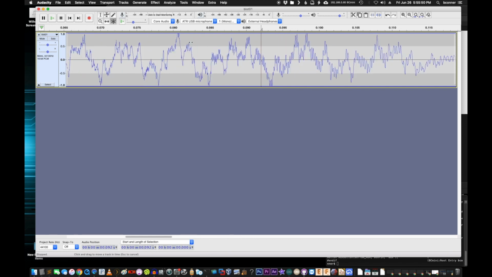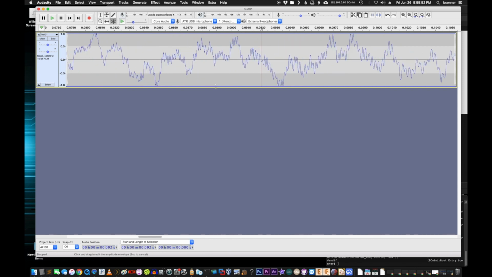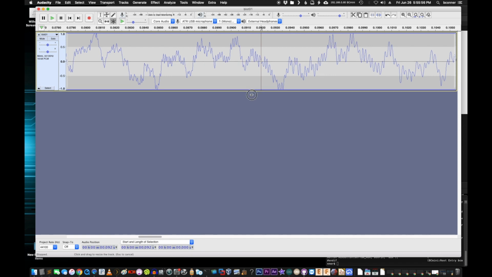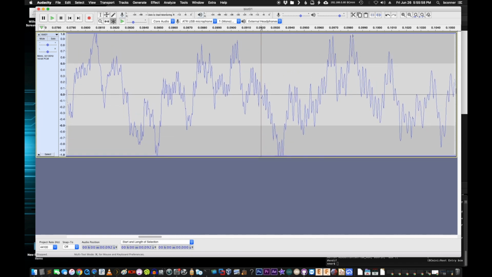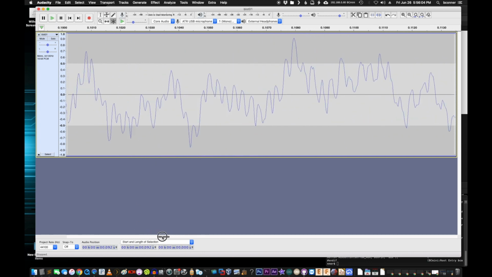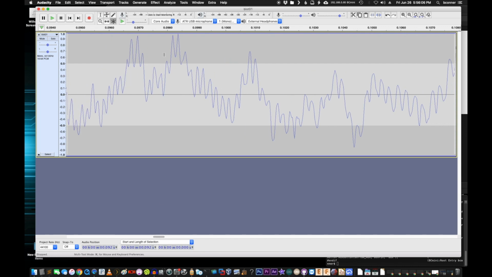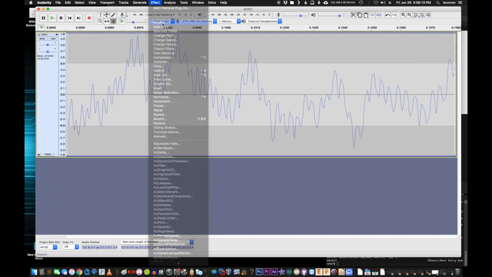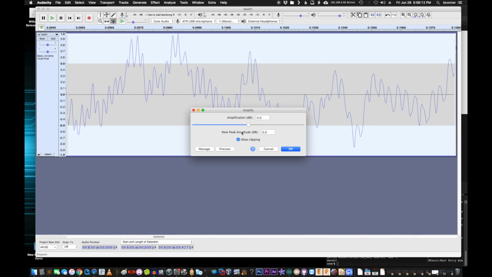So if it's not distorting, now you'll see here the ceiling of this thing, right? This wave's going right to the top, but it's still a rounded, nice wave. This is a little audio theory before we start editing the audio. So that's nice, right? Now if I amplify this with either just straight up this amplify or other tools, you'll see